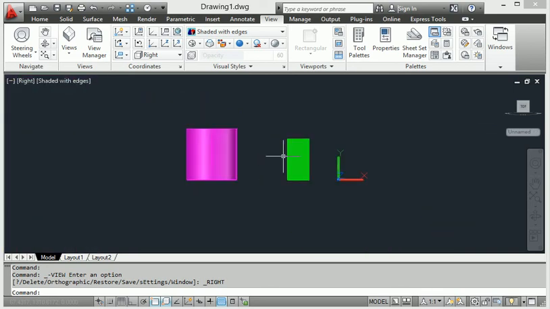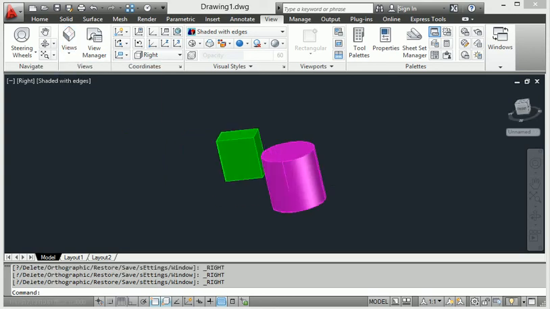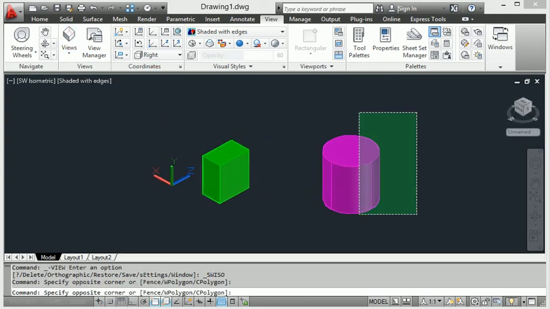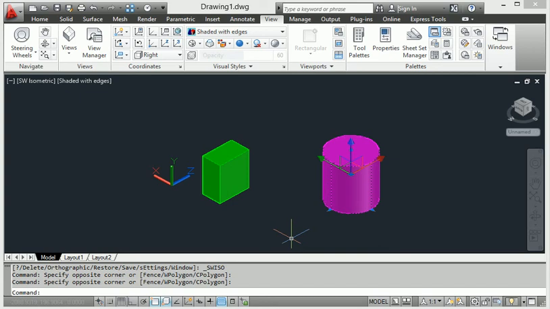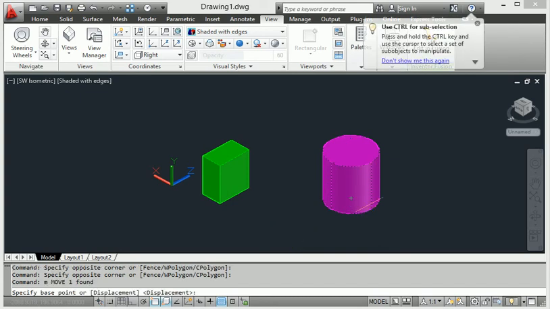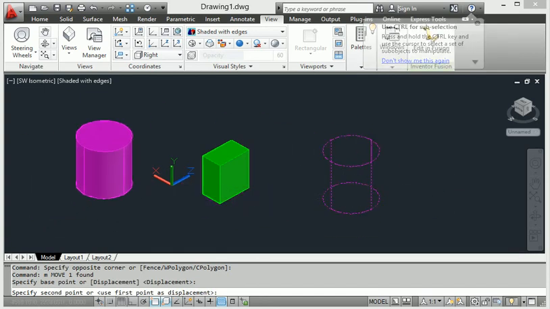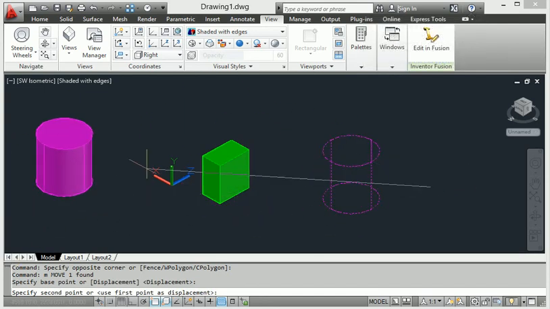It becomes the background. Then we will move easily. When I get the isometric view, I want to move this particular body. When I make the selection and press M, enter, then I can move it some distance.